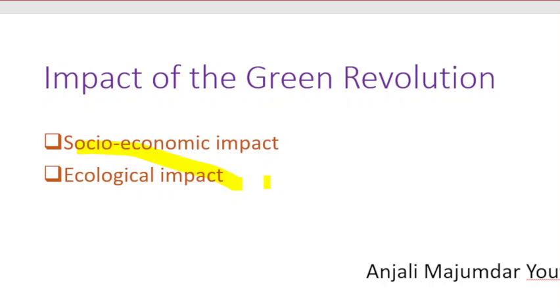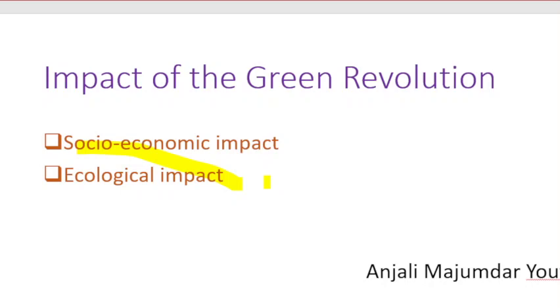Then the ecological impact, very important. Ecologically it relates to the environment, right? It has been classified into three parts, beginning with soil fertility. The repeated use of the same crop pattern declines the productivity of land, so here it becomes a problem. Then, as I already mentioned, HYV seeds require a huge amount of water, so it results in a falling water table; the ground water level started reducing.